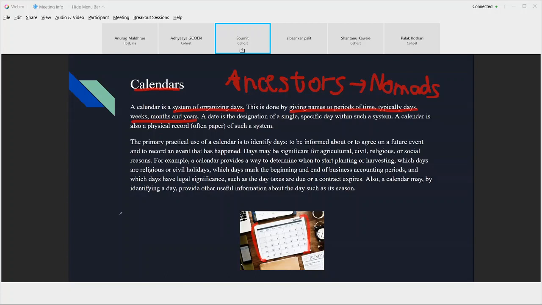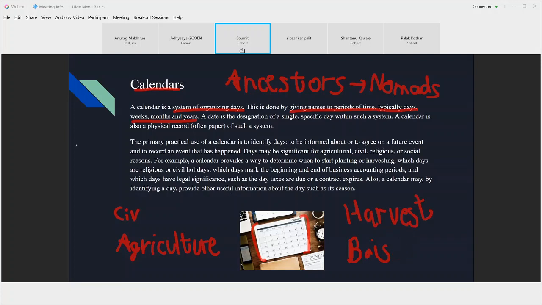But eventually, we started settling in civilizations. Because of civilizations, we got agriculture. And because of agriculture, we started living in a single place. With the use of calendars, we used to mark important days like the days of harvest. And to this day, we celebrate harvest festivals like Baisakhi, Pongal, and Onam. On these days farmers used to harvest food, and till date we celebrate that fact.